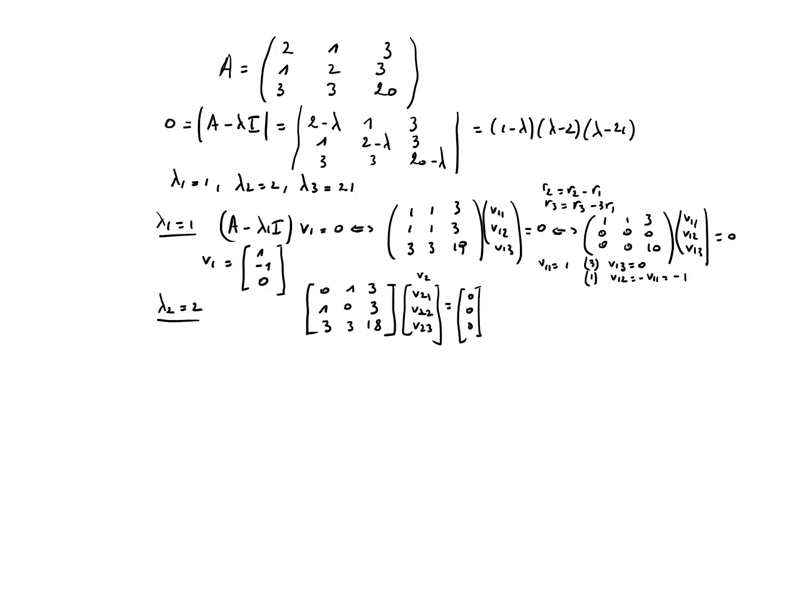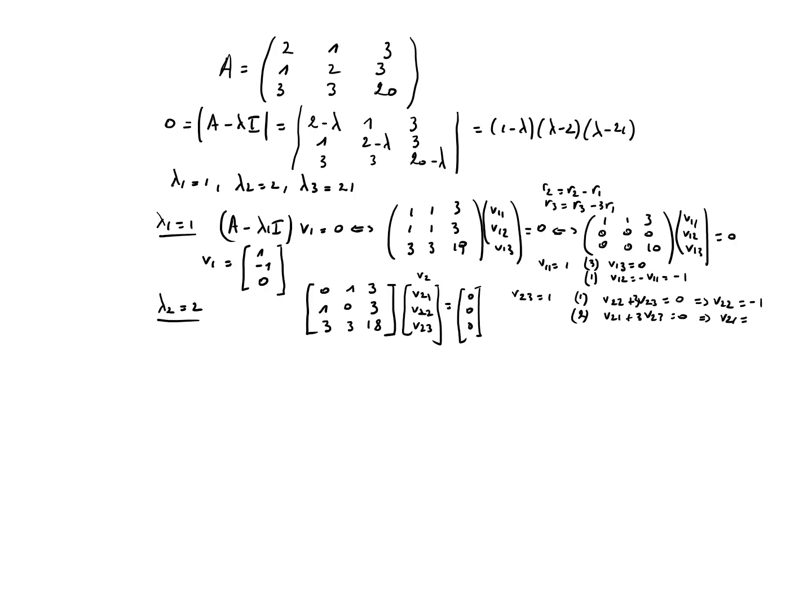Okay, so when you look at the first equation, might be a good idea to take v23 is equal to 1. So the first equation will lead to v22 plus v23, 3 times v23 is equal to 0. So v22 is equal to minus 1, and the second equation will be v21 plus 3 times v23 is equal to 0, and this will lead to